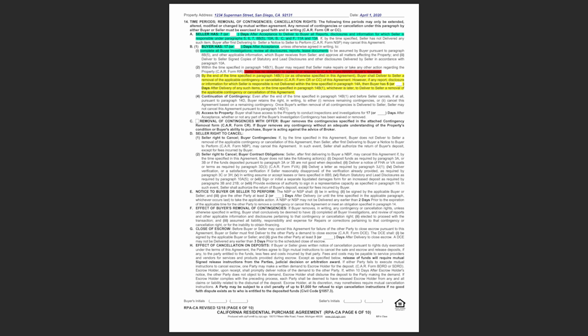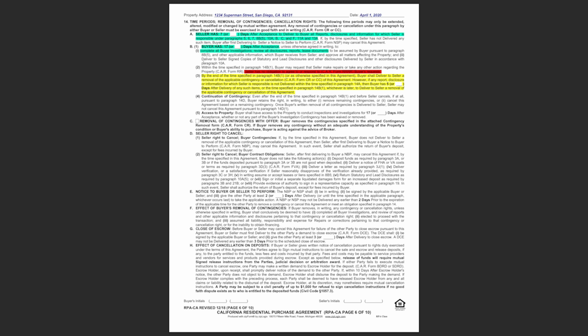Some of them may be government mandatory items that are required to be fixed, like smoke detectors, carbon monoxide detectors, or the water heater bracing. But some of them may be less serious and just purely cosmetic. So at this point in time, it's up to the buyer's agent to draft a request for repair and submit it to the seller. Now, you'll note that in item number